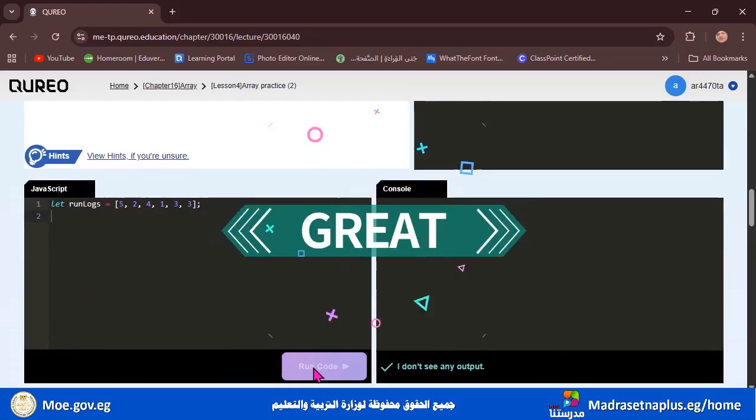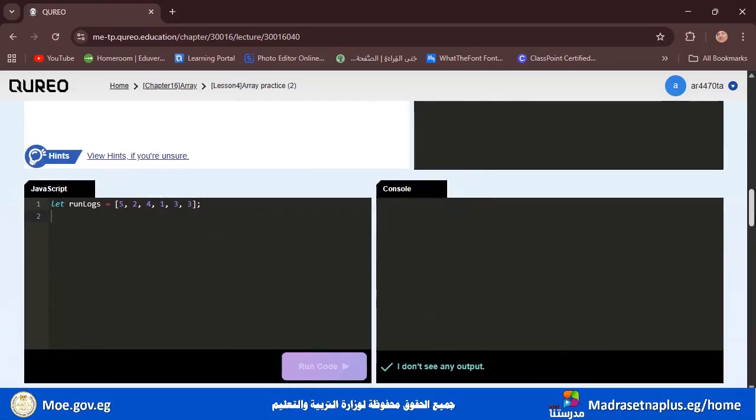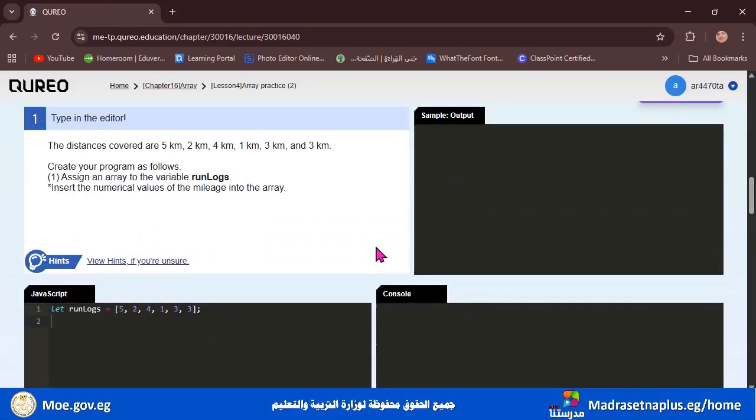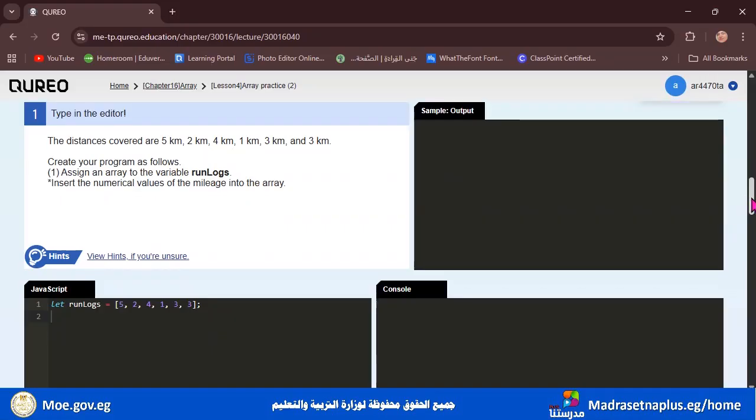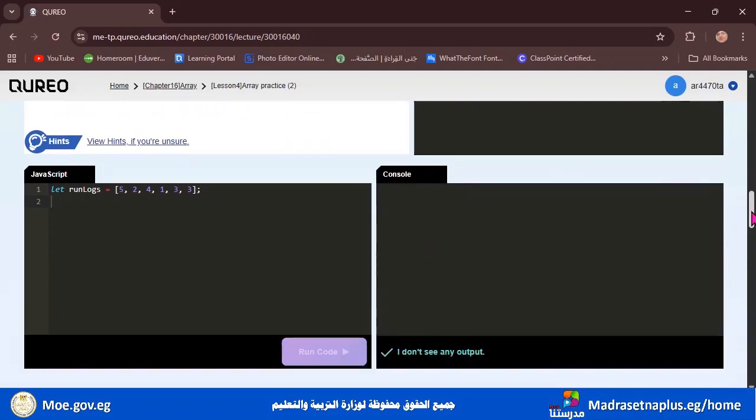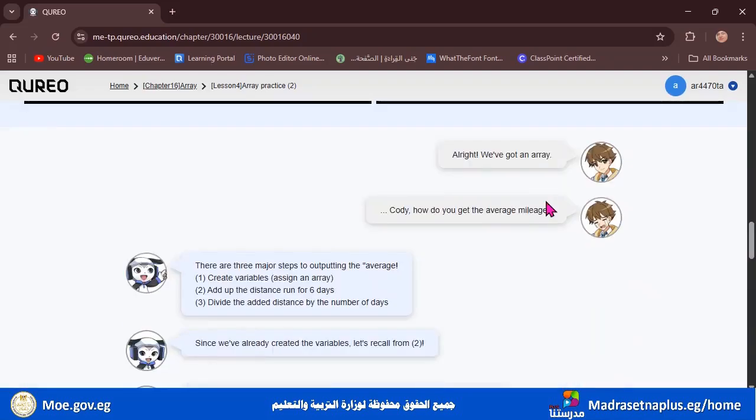Okay, run code. Exactly. So here he wants only from us to put the array itself. So we wrote here let runLogs equal, and we wrote the values here. All right, we've got an array.